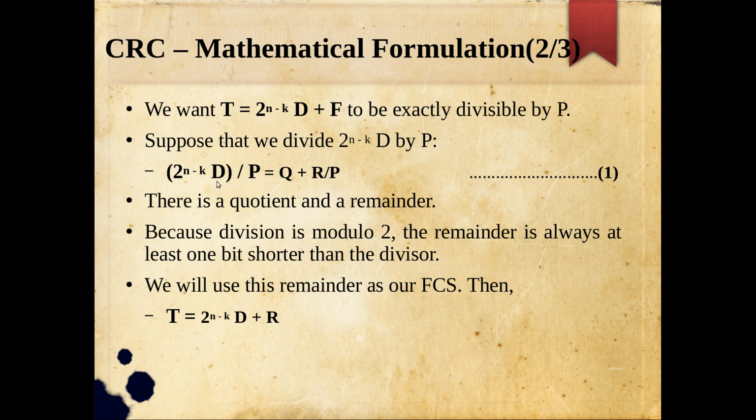We simply multiplied that k bit message which is to be communicated with 2 power n minus k, or we appended n minus k zeros at the end of this D, and then we divide this whole thing by P. When we did the division, we got some quotient at the top and some remainder at the end, and we stop the process when this R is less than P. It is not possible for us to divide that portion further. Okay, and this R we appended with the original message, that is 2 power n minus k into D plus R, or we simply replaced those n minus k zeros with the n minus k bits in our R. That addition we did.